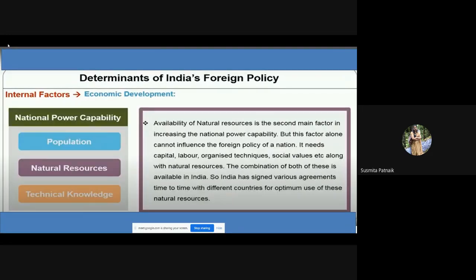Then the next slide is called the national power capability. The economic development of a country consists of three things. One is population, second is natural resources, and third is technical knowledge. The first one is the population. If the population of a country is very large, then it creates a problem for the foreign policy of the country. It means that if the population of the country is too big, then the country should have sufficient raw material and sufficient resources